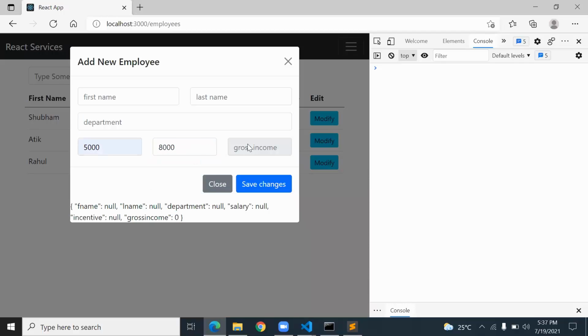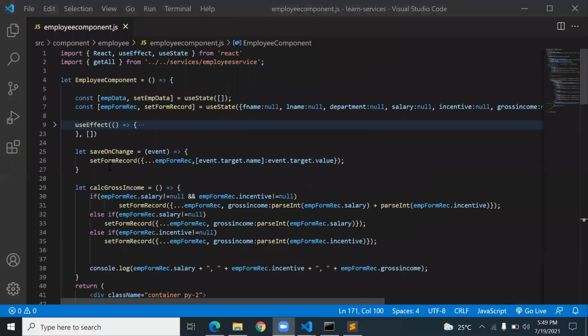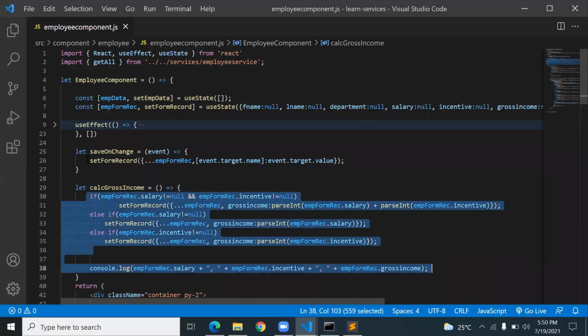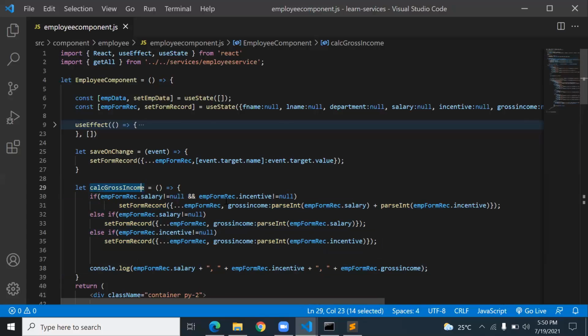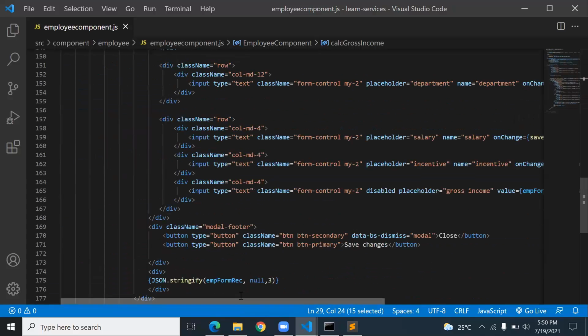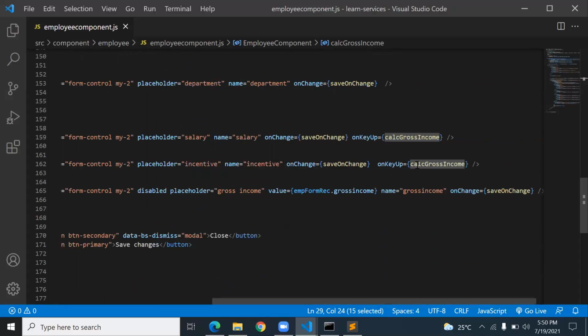Now it's 0. The gross income should take effect here. One change made in this project: the lines I tried to type inside save changes, I wrote as a function, calculate gross income, and I call this function on the key up event of the salary and of the incentive, and for the value property I state emp form record dot gross income.